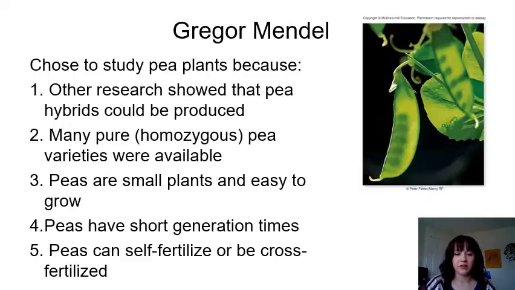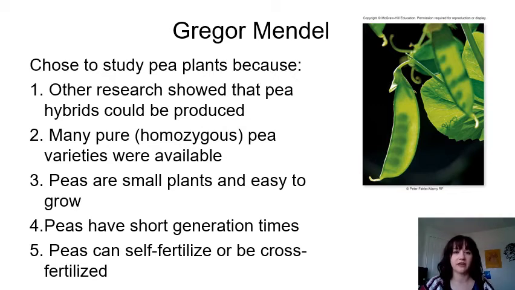So first, let's talk about Mendel. So Gregor Mendel was a monk. He gardened pea plants and studied genetics and came up with just a lot of really amazing knowledge. And it's really great that he chose this plant because it was particularly well suited for studying inheritance. So first of all, pea plants, you can have hybrids of pea plants. Also, there are many